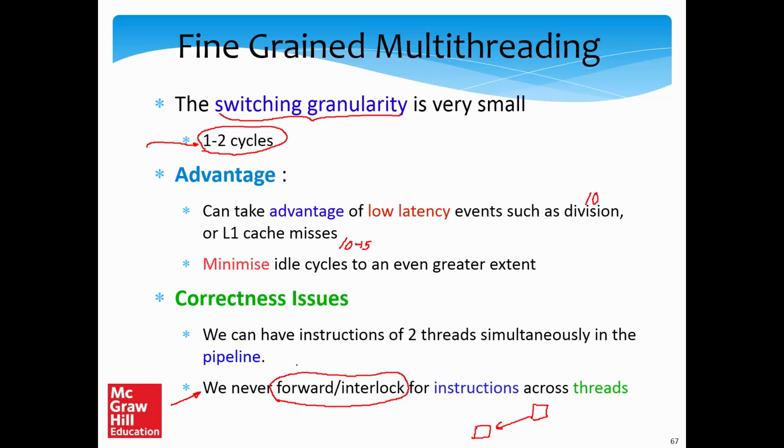So yes, there are complexities involved, but it does make a lot of sense to still go ahead with a multi-threaded processor, especially when we are dealing with workloads such as a web server or a file server. Some server which is taking in a lot of requests, doing fairly long latency events like reading a web page or a file from a disk, and then supplying it back to the user. In such cases, multithreading is a fantastic idea.